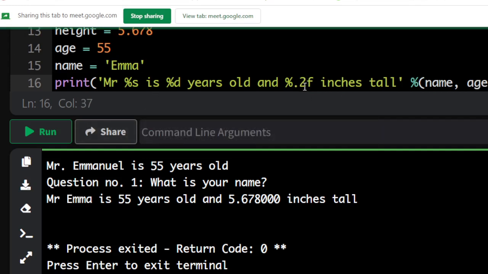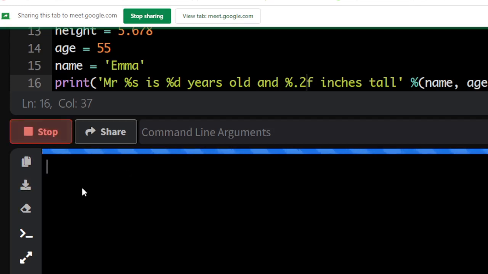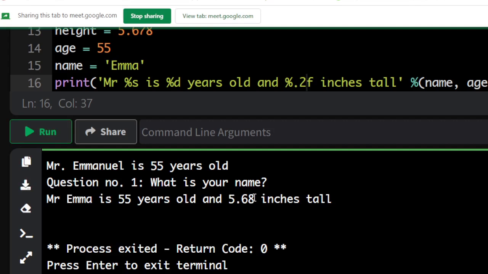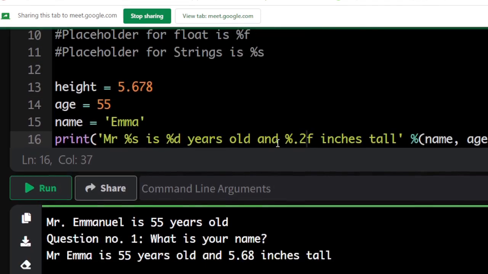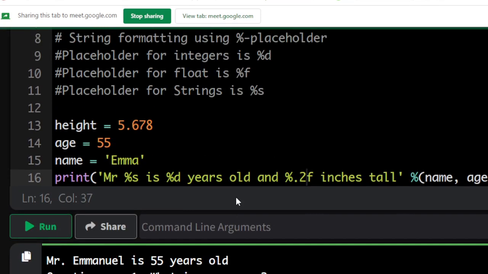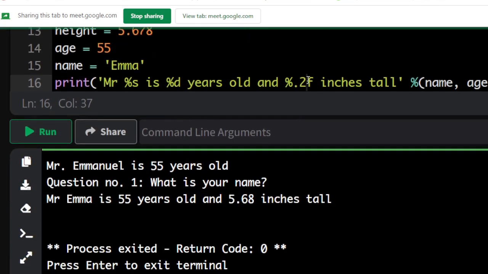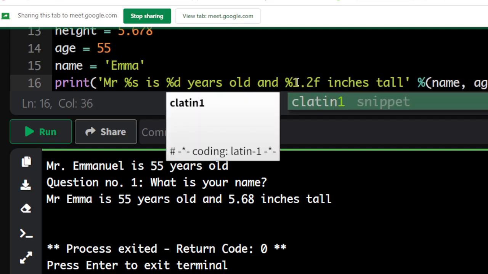Percentage 0.2F means that I want Python to put this value in 2 decimal places for me. By the time you run the program, you are going to have it in compact form, 5.68, which means it will approximate it and give you the result in exactly 2 decimal places. Even if you put it as 0.2F and run the program, it will still work fine. So if you say, let's say, percentage 1.2F, and run the program,